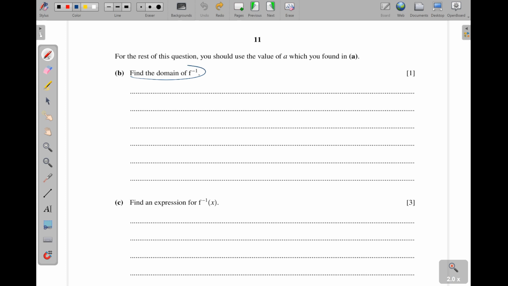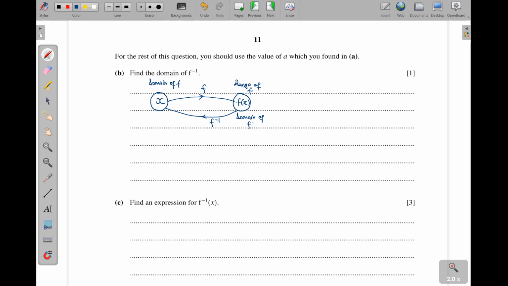Then part B, they are saying find the domain of the inverse. Now, when I have, let's say, the x values here, then f acts on those values. What comes out is the f of x. So what I put in the function is what we call the domain. So I have domain of f here, and then what comes out is the range of f. Are we there? Then a function that undoes what a function has done is what we call the inverse function. But you know that what we put in the function is the domain. That means what we are putting into this function here is the domain, right? So this will be the domain